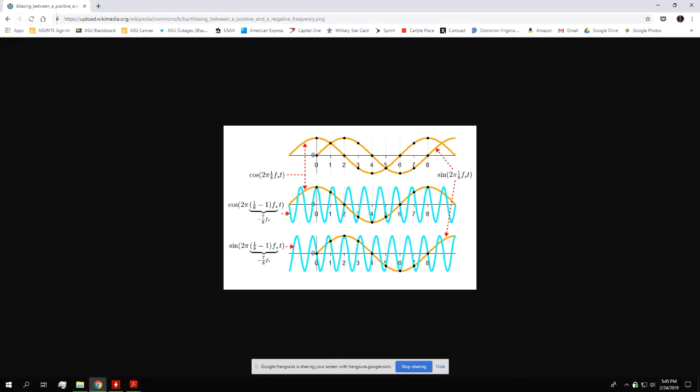HDMI 2 is flawless. Mm-hmm. It is, I guess. I don't know enough about it, but